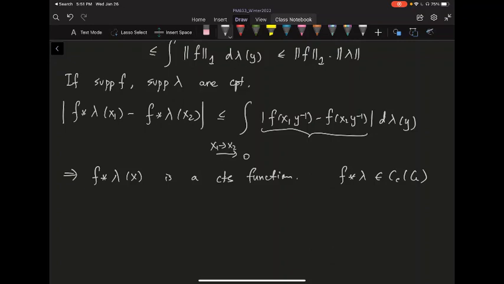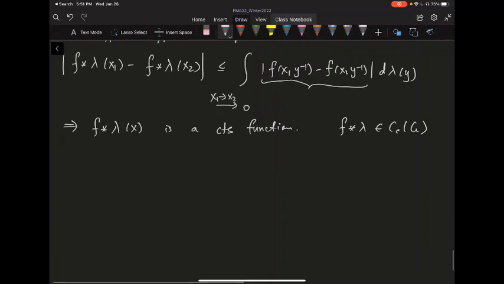So if you convolute a CC of G with any measure, you again land back in CC of G. Of course, the M of G lambda has to have compact support. All right. So now I want to show that, well, now you have some lambda. You want to show that the integral of phi against the lambda convolute with the lambda check, that's going to be